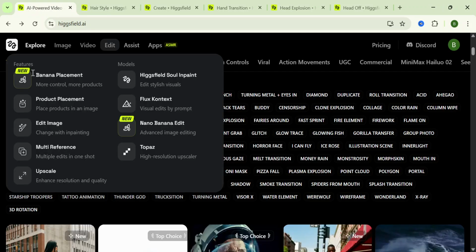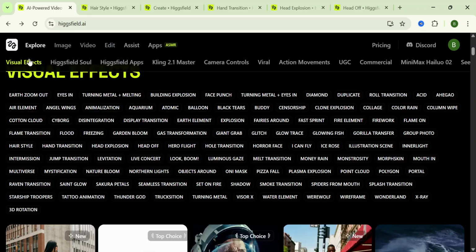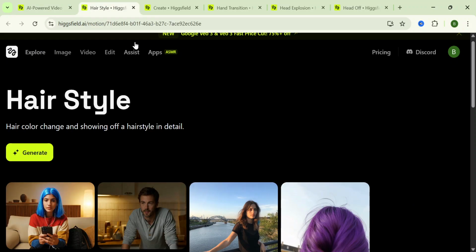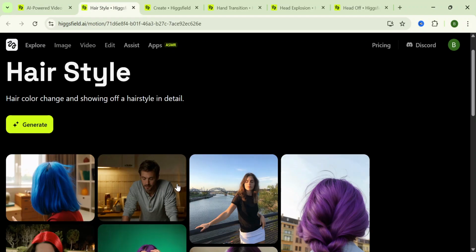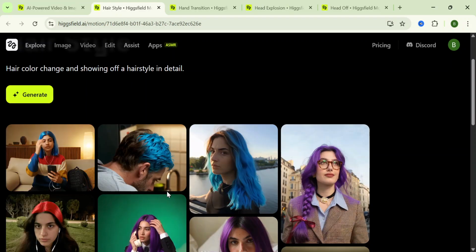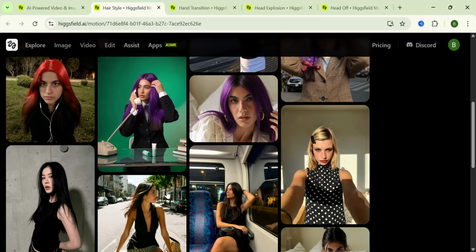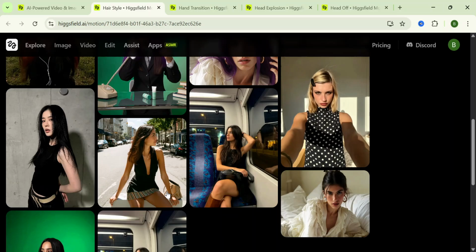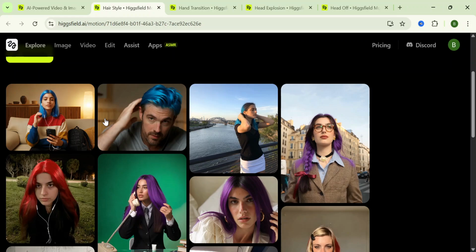You would see the visual effects. You can click on the visual effects here. So after doing that, click on hairstyle. You'll be brought to this particular page where you can actually see the images, the video samples created with this particular effect. So all you have to do from this section is to click on generate,